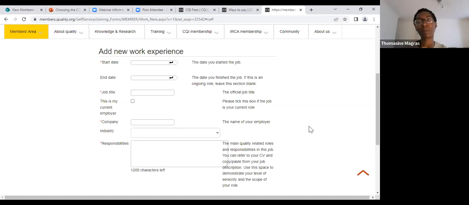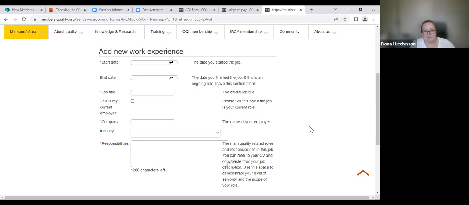but it has to tell us about what you do that makes you a quality professional. Yeah, I would just add to that, especially if your job title is not necessarily quality manager. We do accept people from a wide range of industries, and we know that a lot of our members have quite a diverse range of job titles, especially dependent on industry.